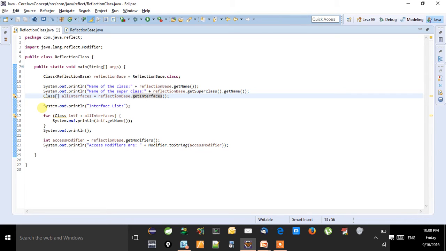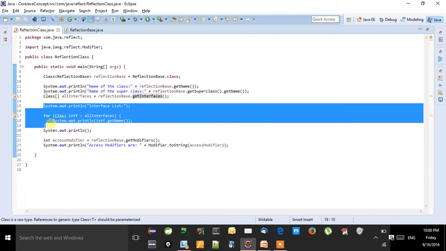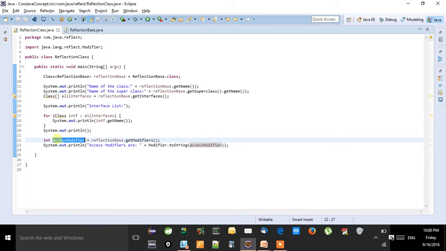Here I am printing the implemented interfaces using a for-each loop. Then I'm getting the access modifiers here. I'm getting the access modifiers using the getModifiers method by calling the toString method of the Modifier class.